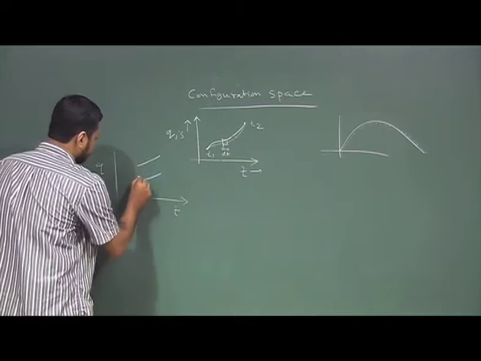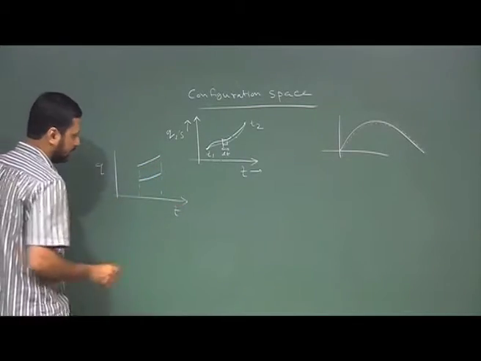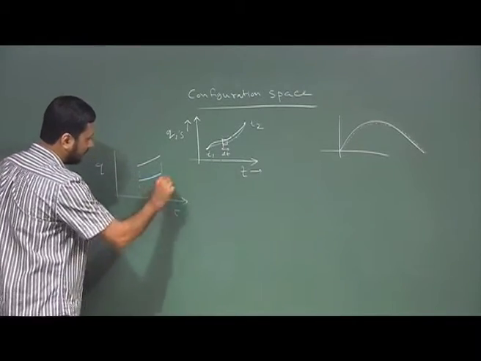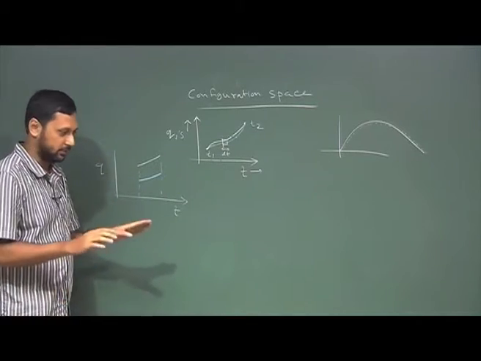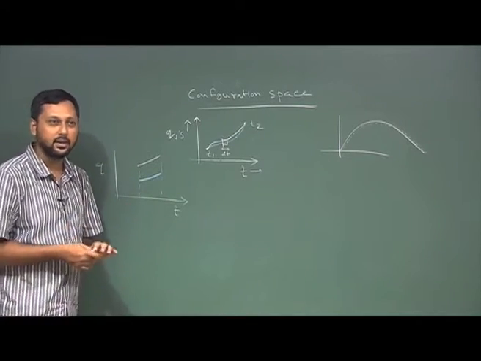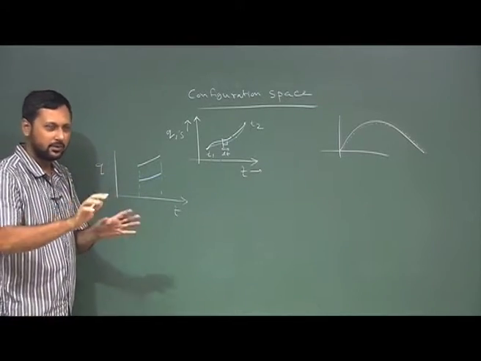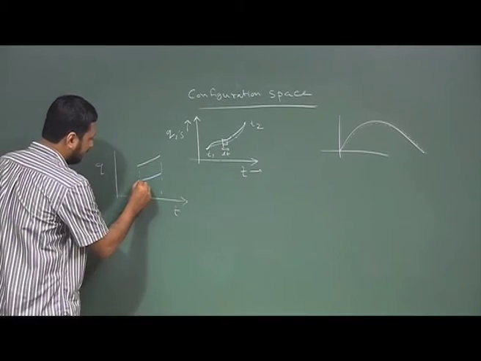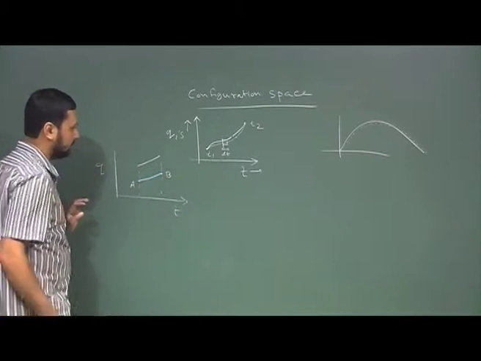Now, what I started in the last class, I am just drawing it again, because I was wrong in the last class. I said that we are advancing only in time, but there is no change in q, which is wrong, because that will not give you a true trajectory. That means the object is standing in the same place for a duration of time, which is a static case. So in the dynamic case, what happens if we go from A to B?